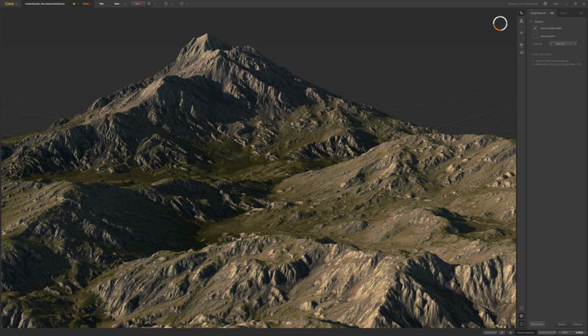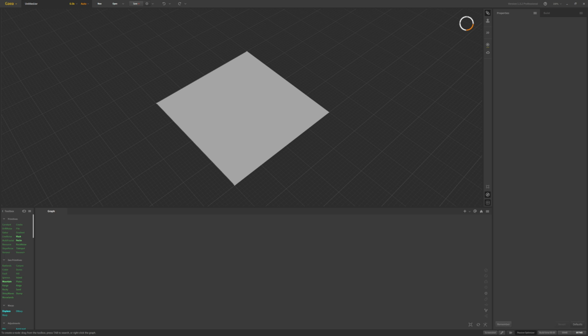In this video, we'll take a look at making a mountain valley terrain in Gaea as shown here. We'll also take a look at how we can export this terrain to Unreal as a height map. We'll start off with a blank network, and we'll be creating the larger shapes or the structures of our mountain